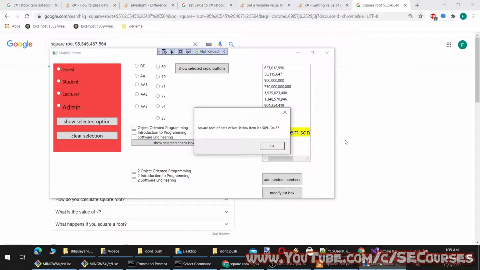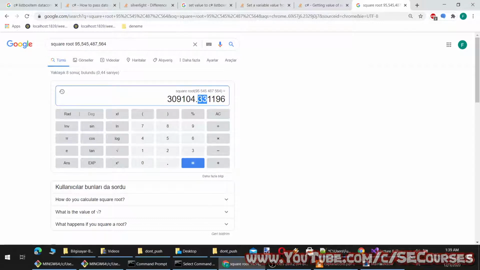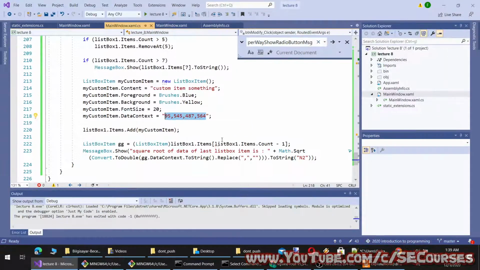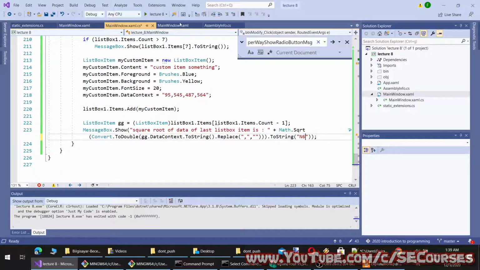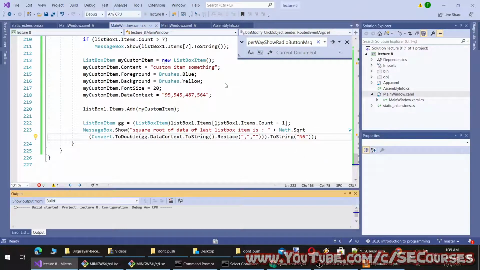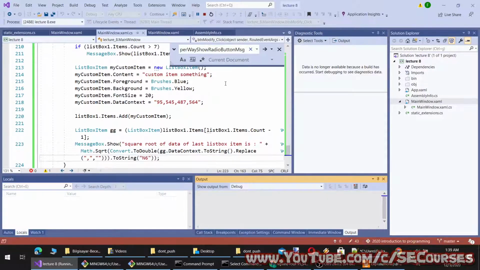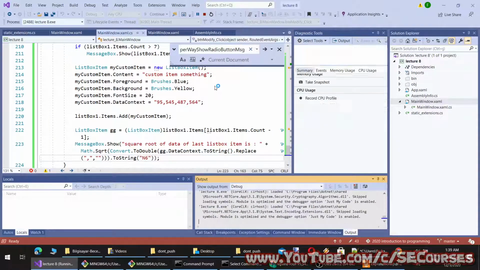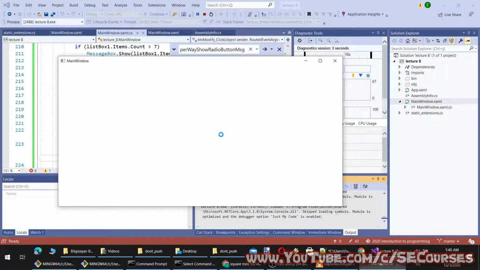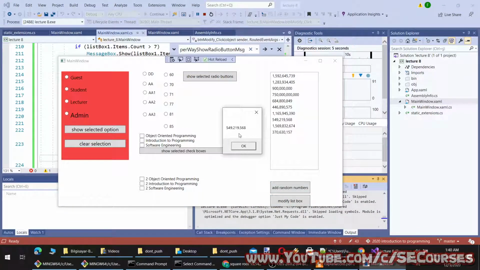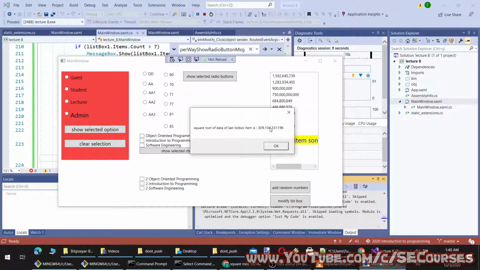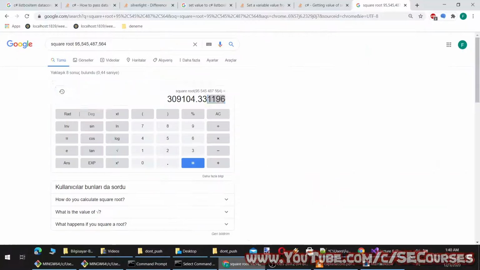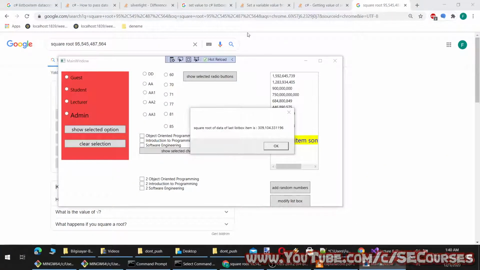You see, I only show two digits after the decimal point, so it is correct, totally the same. This shows 6, so I can modify it to show 6 numbers after the 0, like this. And the square root is, you see, totally the same.